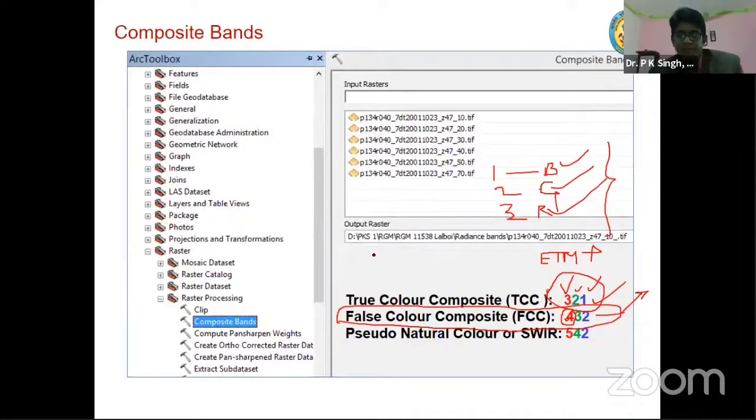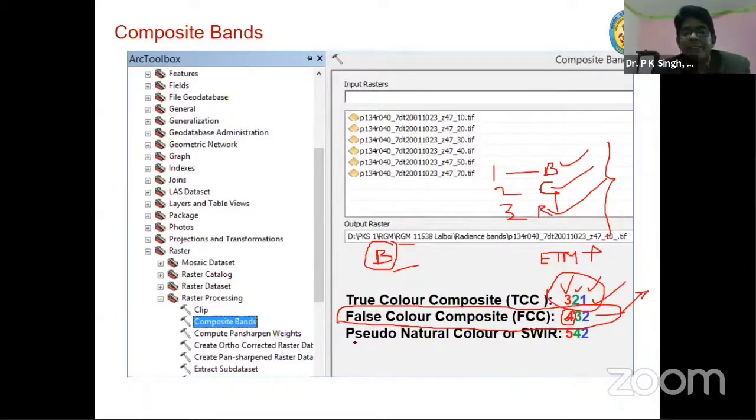You might have thought something. Answer is that you cannot make true color composite using LISS-3 because I told you there is no blue band. So if you want to make true color composite, you have to take other data because we don't have blue band in LISS-3. That is why I asked.